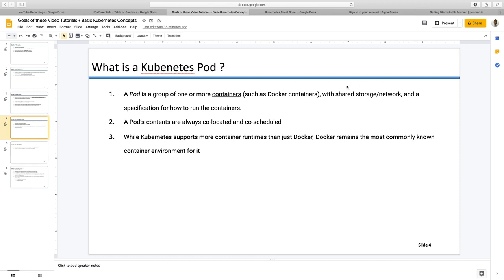A pod is a group of one or more containers, one or more in specific cases, as I said, such as Docker containers. Remember, it can be any other container than a Docker container, because Docker is very, very popular. With the same network, same kind of shared storage.